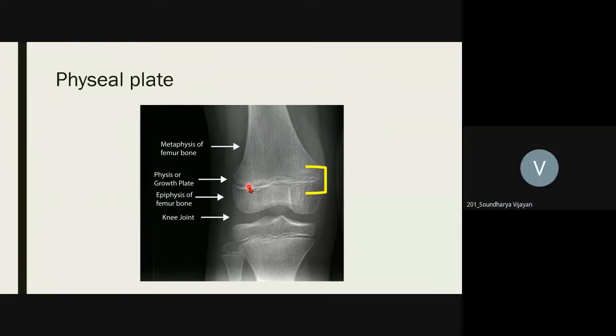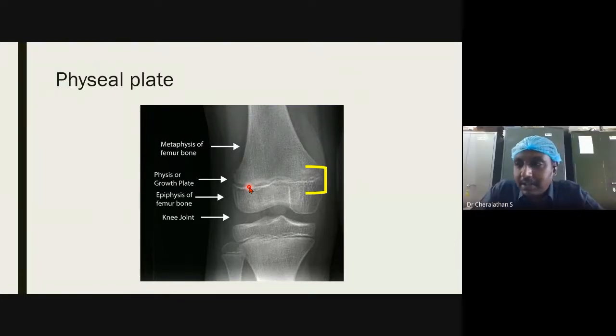Sir, will there not be height shortening in this procedure? Yes, sir, there is a disadvantage. I agree. But the biggest advantage of this procedure is, if there is overcorrection, what you just need to do is remove this pin. Suppose we are correcting it with an osteotomy, and in future the deformity exaggerates on the opposite side, you want to have another option to correct it. Are you able to get my point?